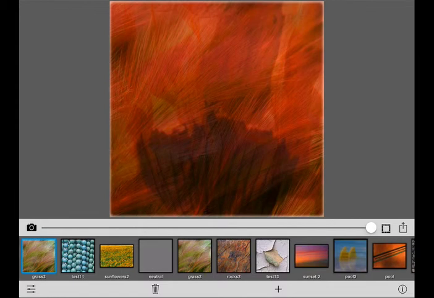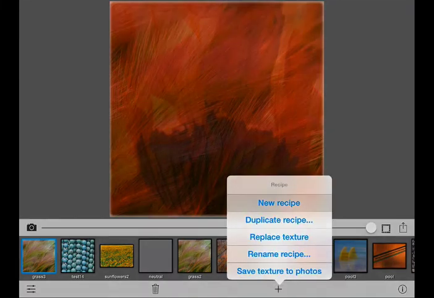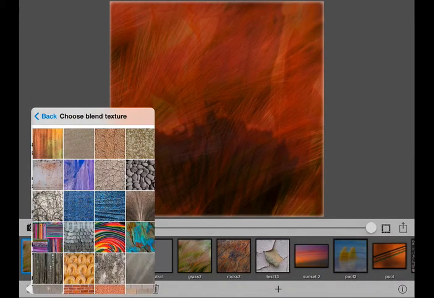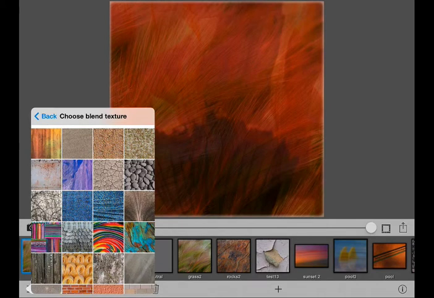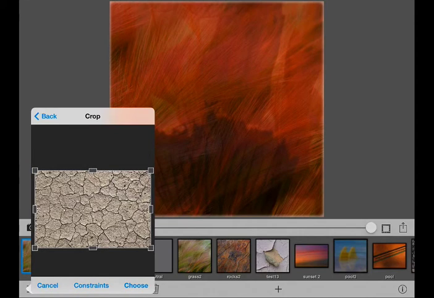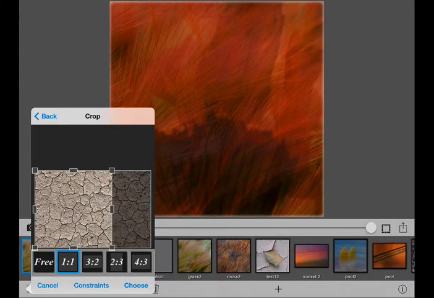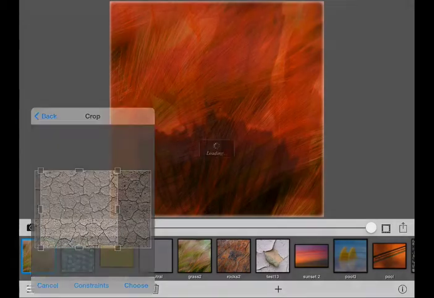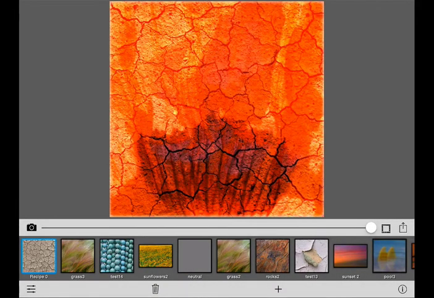The other way is, you want to start with a texture which is not even shown here. You go to here, you say new recipe, you would check for possible textures, let's say the cracks in the mud, and you wanted that it's working more on square images because you want to post most of the time to Instagram. You choose that, and now you have